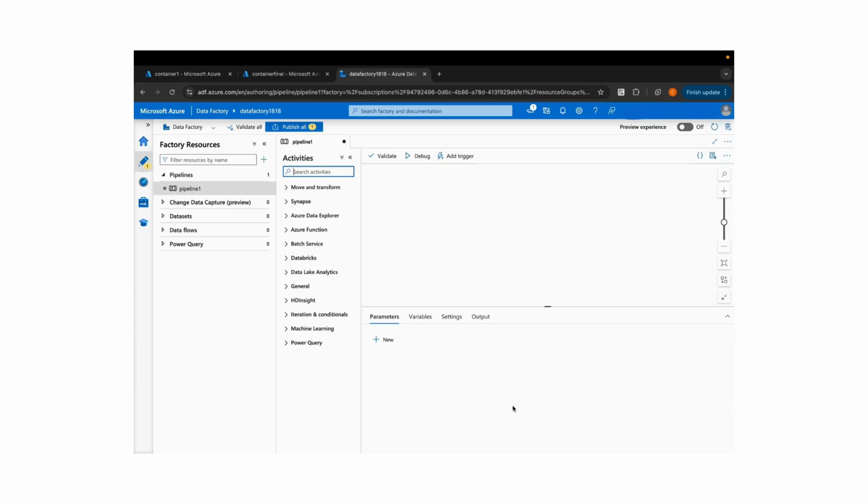Hello everyone. Today we are diving into how to use the for each loop activity in ADF, that is Azure Data Factory. We'll also explore a common data movement scenario, like transferring data from Azure Blob Storage to ADLS. To start with, the for each loop is a control flow activity in ADF which is used to iterate over a collection and execute some specified activities, transformations or filters for each element in